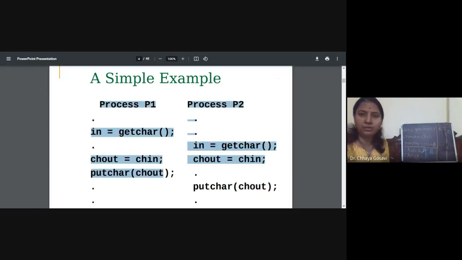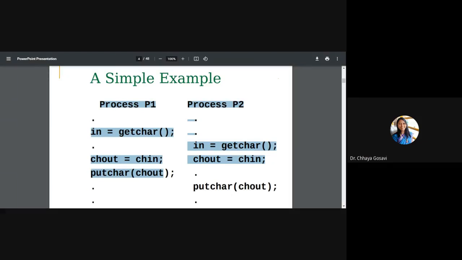This problem is called the critical section problem or synchronization problem. Problem is clear? Parallelly executing processes, if they are sharing some data or code, should maintain some sequence, or there should be some synchronization. Otherwise, such a consistency problem can arise. To solve this problem, we have to find a solution. So this is called the consistency problem, and inter-process communication should be there, and we'll try to find these solutions. Problem is clear?